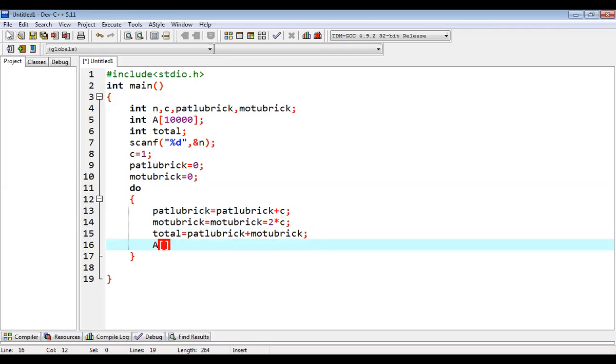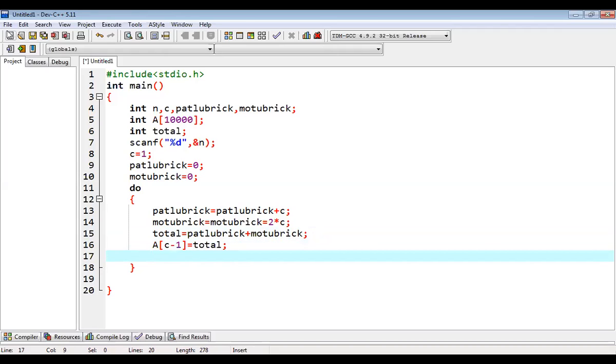Then I'll be putting this total sum at the first location. And before going to the next row, I'll be increasing the value of C by 1.